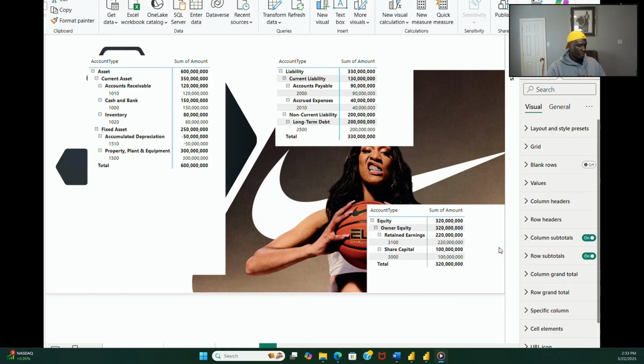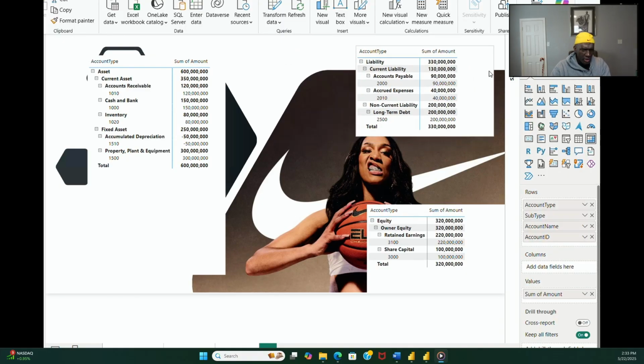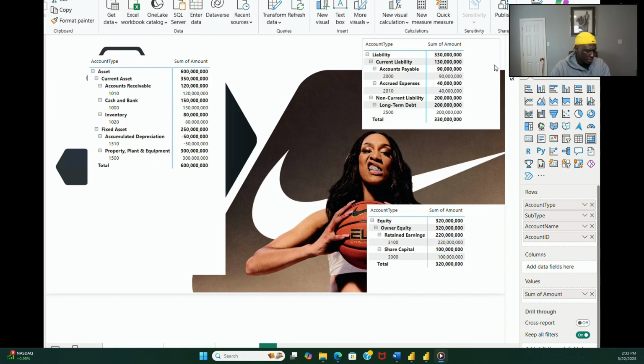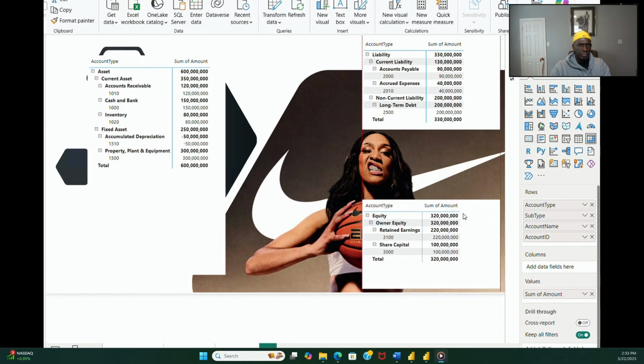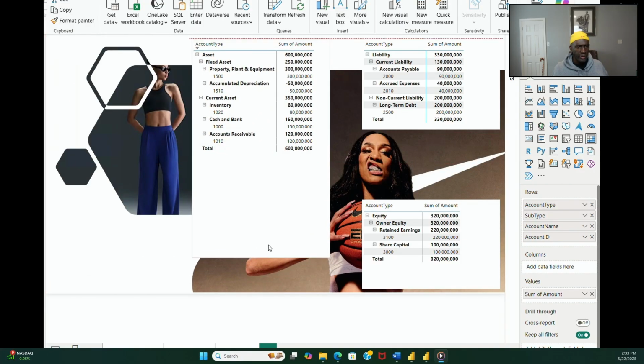So now what we're trying to do is create some type of format, some type of spatial arrangement here, so that we are able to have a background, pretty much a background image, similar to what we did on the first page with the